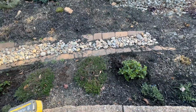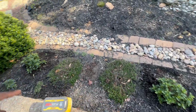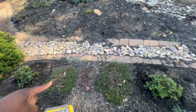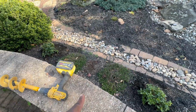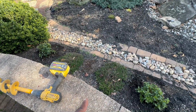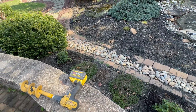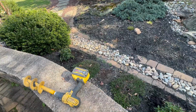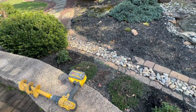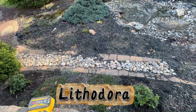And these are ground coverage we had from last year. See how much they spread? We added 2 more here, the same color, the blue. What are these ground coverage called again that are here? The blue ones? I've got to start remembering these names. Phlox? No, they're not phlox. Those are lamiums. These are not phlox. I don't remember the name of them, but